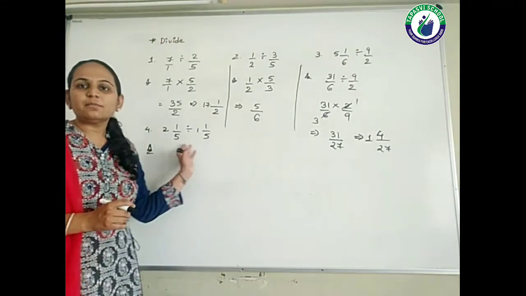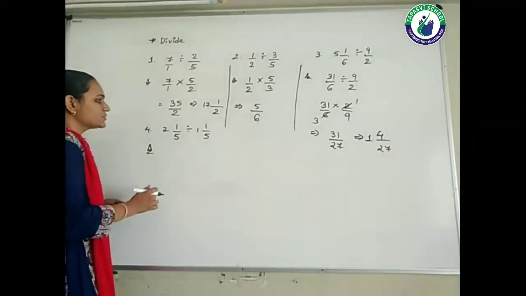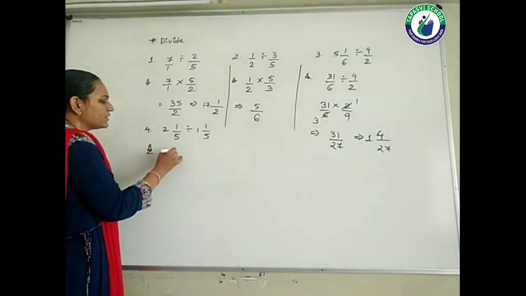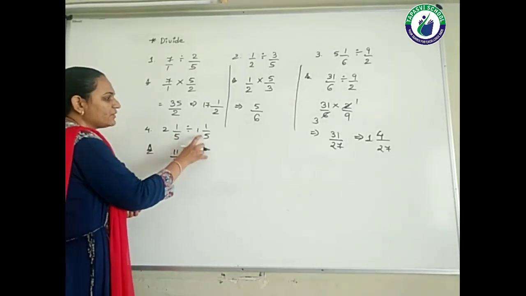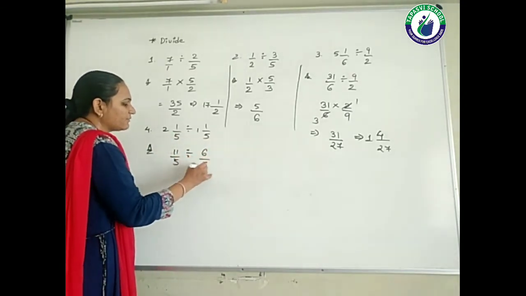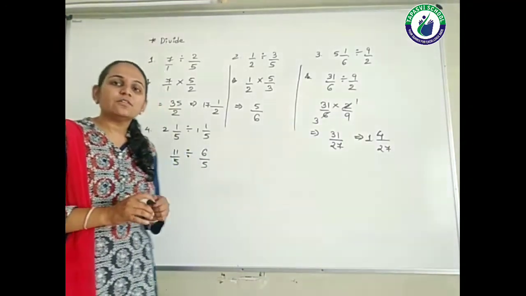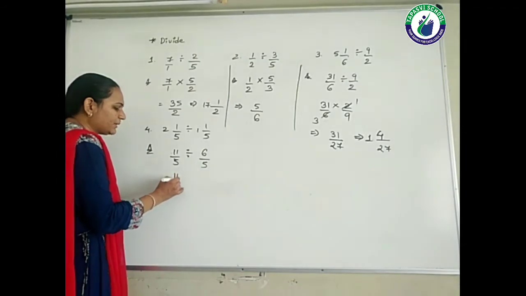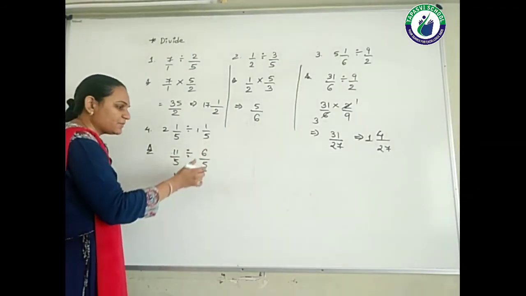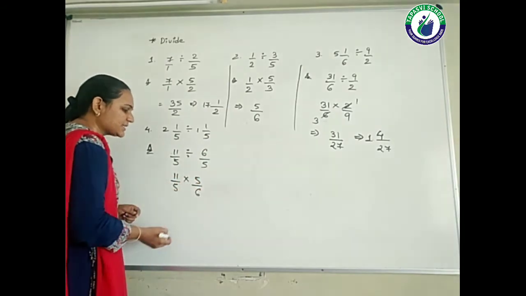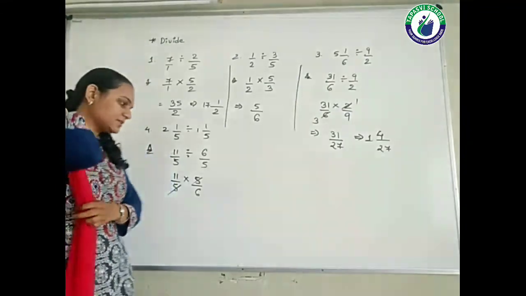Now taking the last question, students, this one. Here both the numbers are mixed fractions. So what we can do? 2 5s are 10 plus 1, 11 upon 5. First convert the mixed fraction into improper. 1 5s are 5 plus 1, 6 upon 5. Now both are fractions, which we wanted. So now division sign, convert it into multiplication sign, students, and show the effect on the next fraction, the reciprocal of it. So it is 5 by 6. Now I can cut 5 and 5. So what I get, students, 11 upon 6.